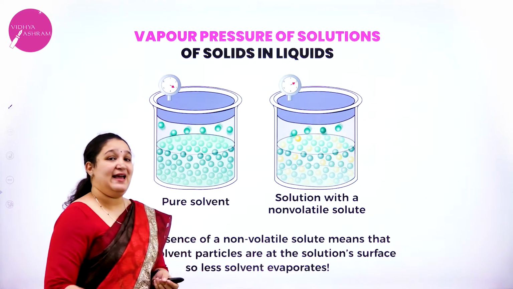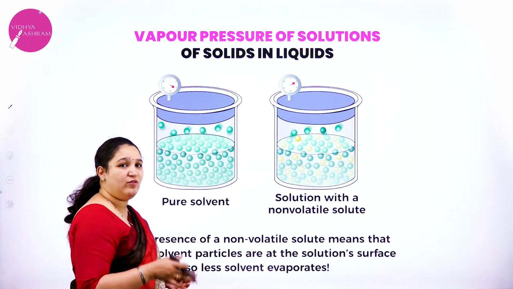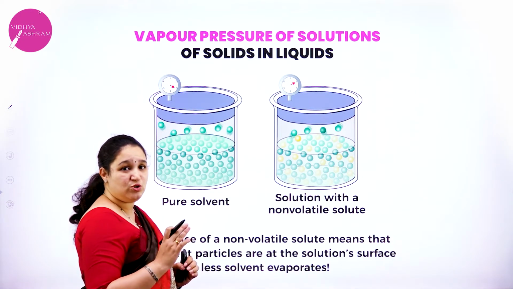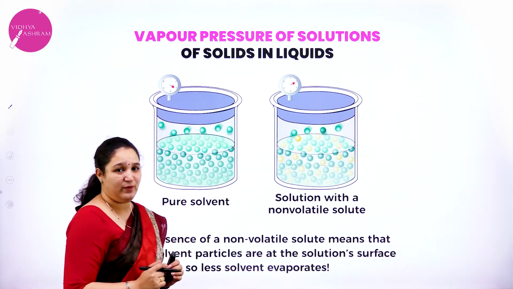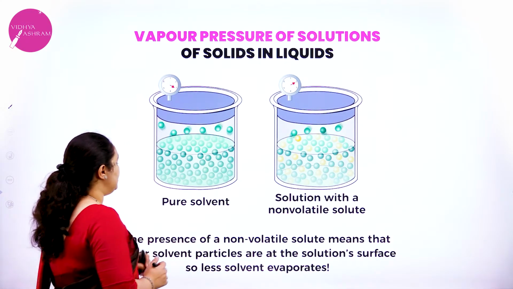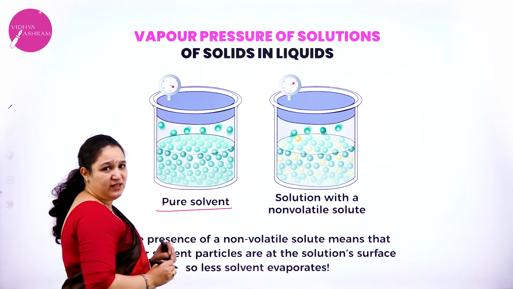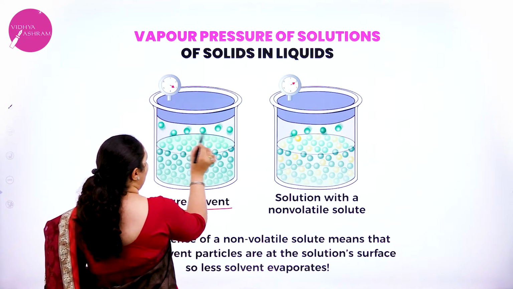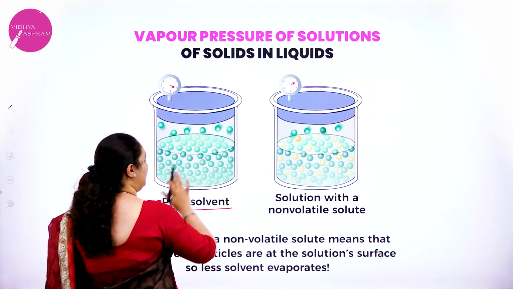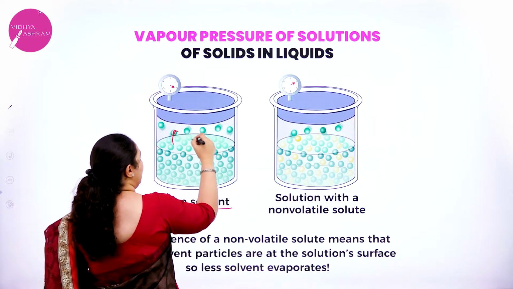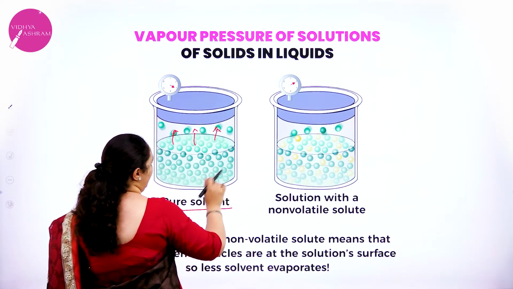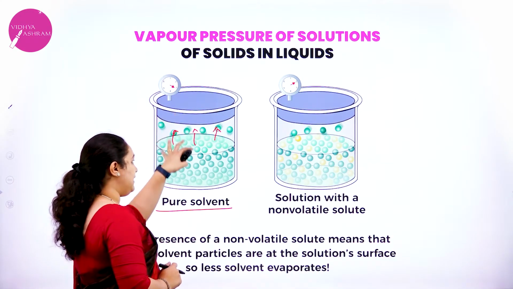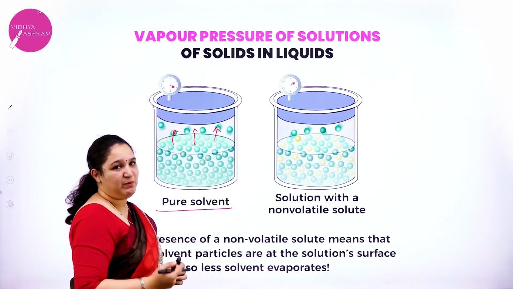Okay, next we will be learning about vapor pressure of the solution of a solid in a liquid. I explained to you all about the solubility of a solid in a liquid. Now here we are going to learn about the vapor pressure of the solution when a solid is dissolved in a liquid. So here, if it is a pure solvent, as I told you, there are no solute particles at all, only one particular solvent is there. All the surface you can see is covered by only the solvent particles. Easily they can escape and go into the vapor phase if it is a volatile liquid. Correct? And these particles will exert some pressure which is called the vapor pressure.